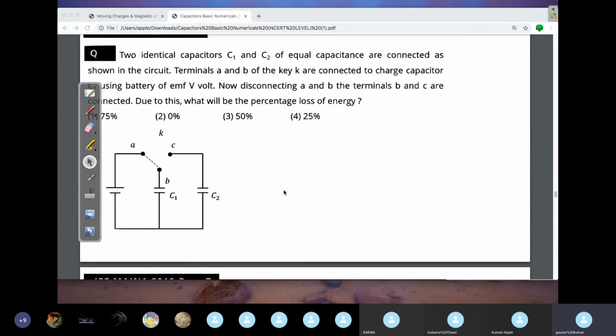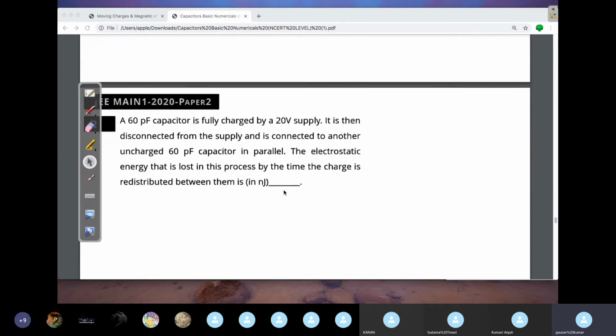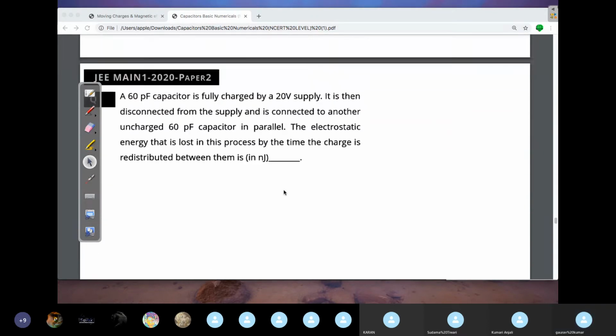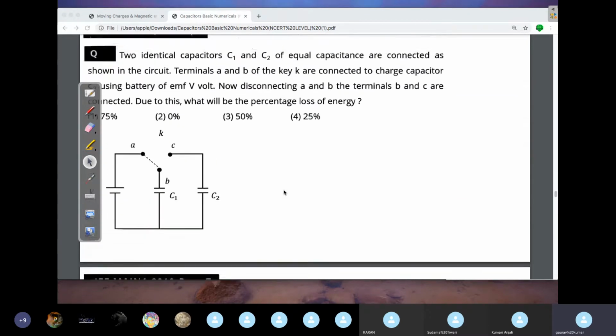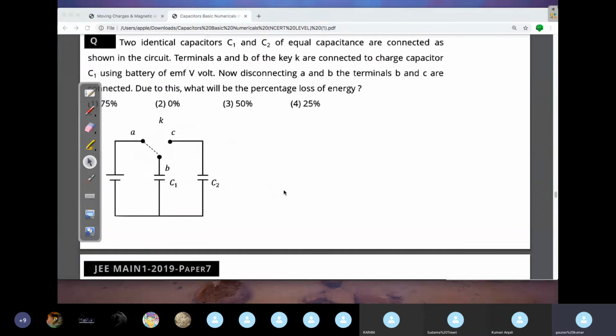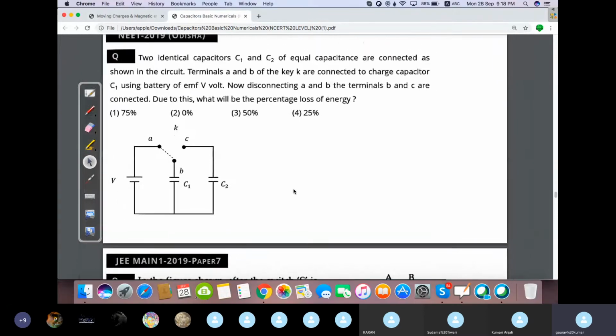So now we'll solve questions here. These 5 questions I will solve. All these 5 questions are based on the same concept. Okay, so let's start solving the questions. I'll just write the summary here and then we'll start solving the questions. You will enjoy solving all these questions here. All these questions you will be able to solve within no time.